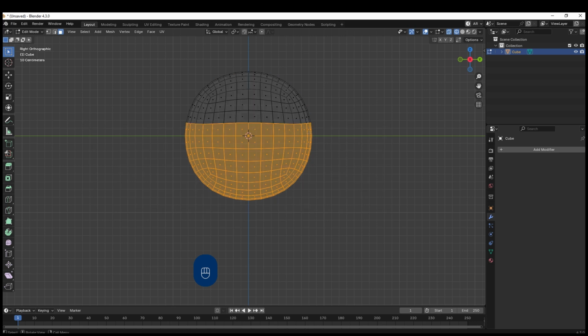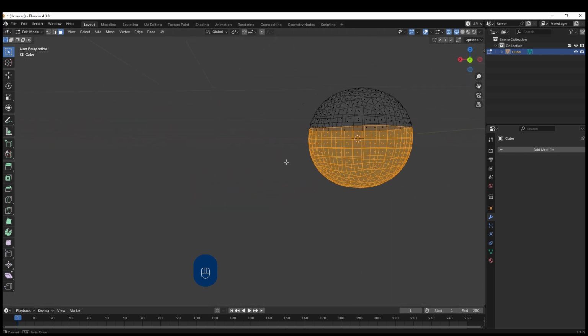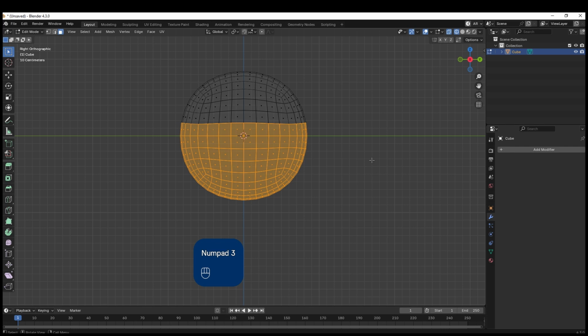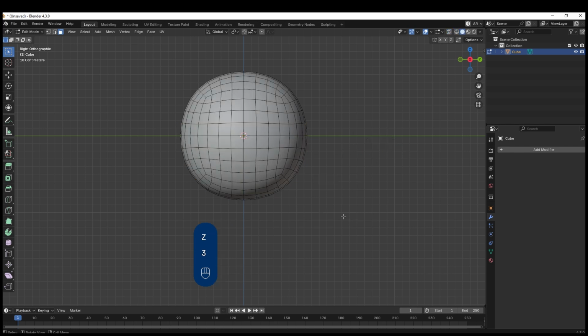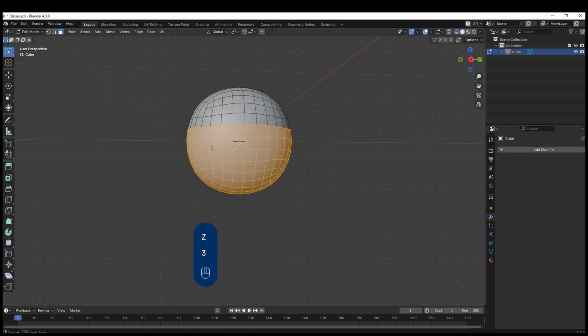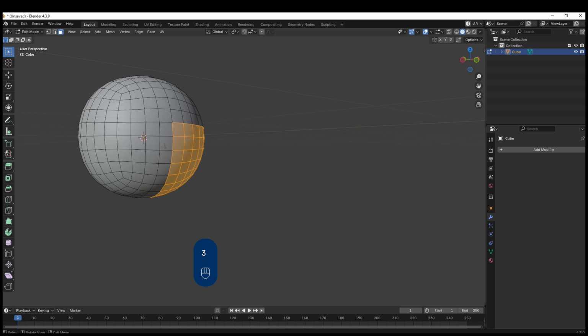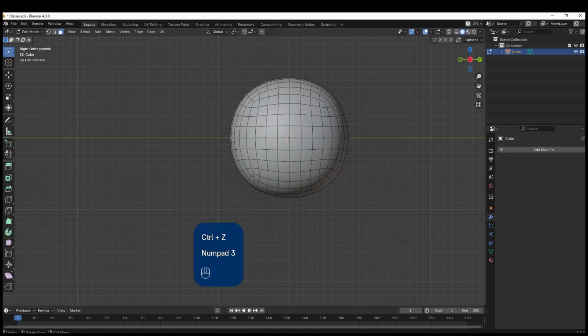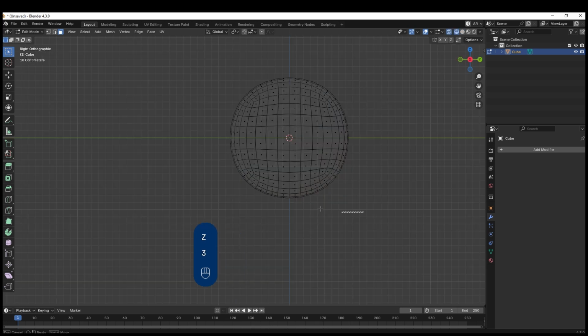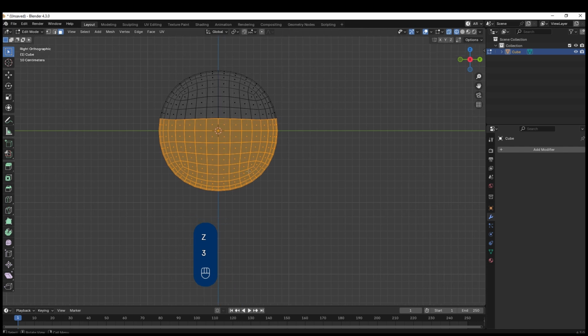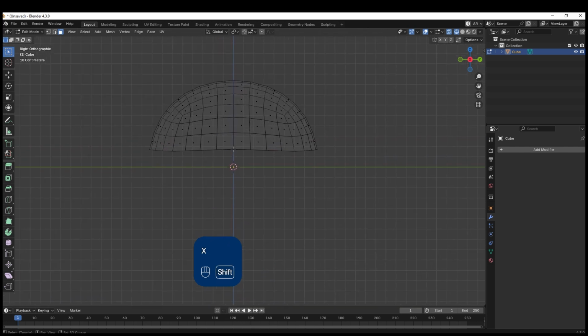Now in X-ray mode it will select everything all the way through. If you were to do this in solid view, it will only select what you can see and it will skip the other side. So make sure you're in wireframe. I'm going to select all these and we're going to press X and delete. Then what we're going to do is